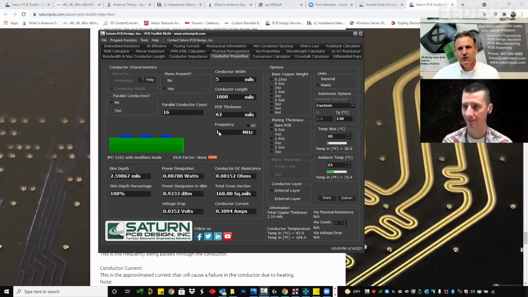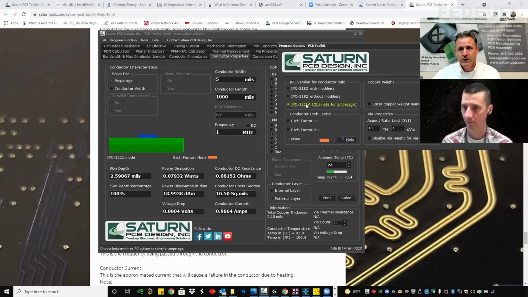There's a parallel conductors option in here. You can add parallel conductors, and it basically takes your amperage and divides it by 16 or whatever you've got in there. There's more about this in the IPC 2152. I tell everybody that if they don't understand how this works, you've got to get the IPC 2152 because it's radically different from the 2221, where, if we go to here,